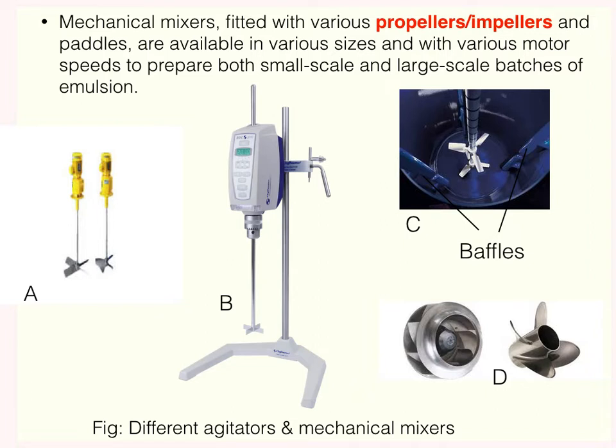If you look at diagram D, it is representing a propeller and an impeller. Propellers and impellers both provide thrust, but do it in different ways. A propeller has angled blades which can cause the circulation of the fluid in both an axial and a radial direction, while an impeller is a rotor that produces a sucking force and is a part of a pump. A propeller is always open and an impeller is always closed. As in diagram D, you can see the propeller at the right side and the impeller at the left side.